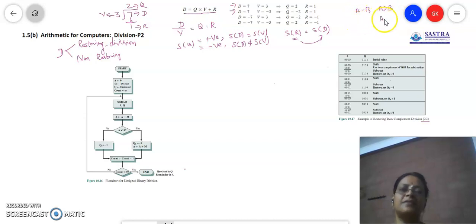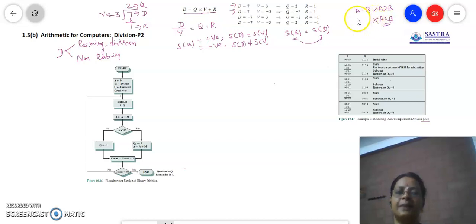Again, if a is less than b, then we are trying to subtract a bigger number from a smaller number, which is not supposed to be done. So this is not successful, whereas this is going to be the successful subtraction only if a is greater than b. As far as the logic is concerned, it will blindly do the subtraction and then check the value of the result. If the result is negative, it means that a is less than b. That means this subtraction should not have been done.